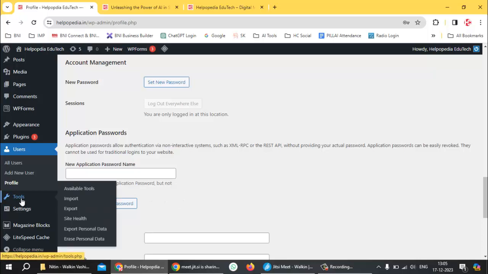And then we have certain tools, wherein from these tools we don't use any of them except two, that is import and export. That is the only tools which are required for us. The rest of them is not required. The site health is managed by the server people. We don't need to take care of all these things, that is managed by them. And say over here